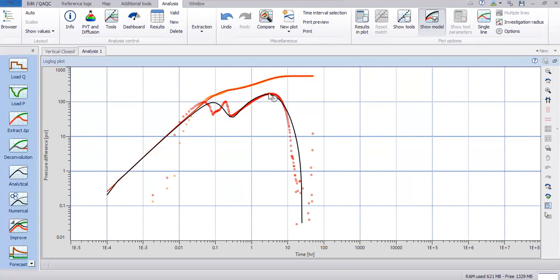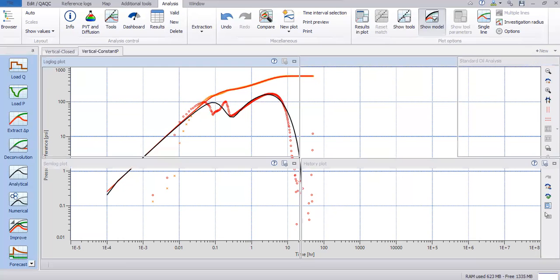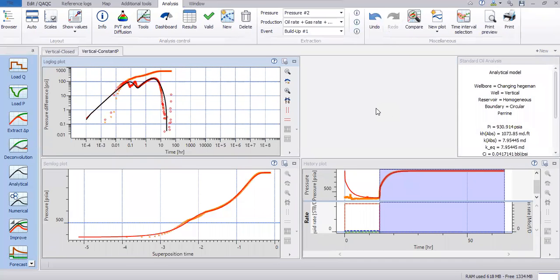In my case, I use it around here, but I'm going to recheck it again, and I use a closed reservoir boundary or constant pressure boundary to follow this downward trend. So I'm going to use vertical and constant P. All right, so I have two. And lastly, I'm going to create new,